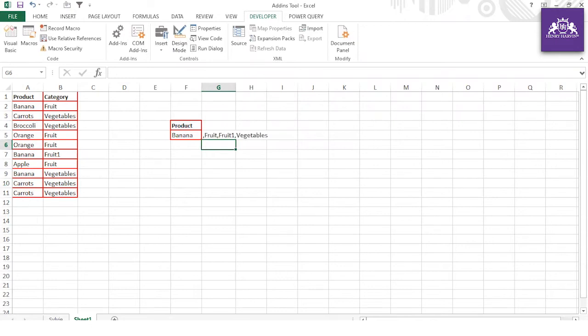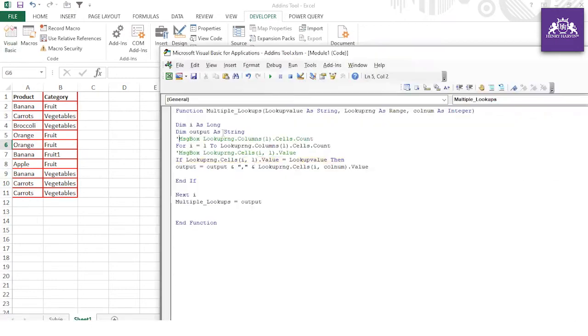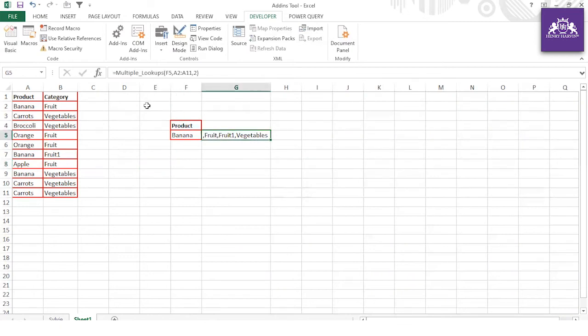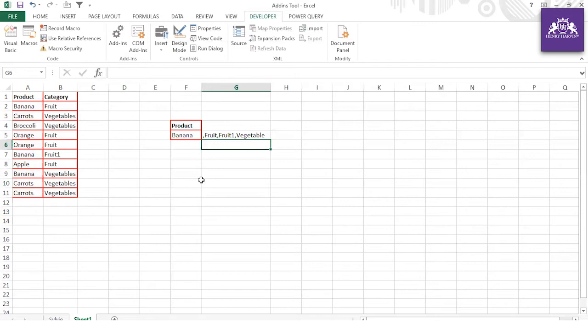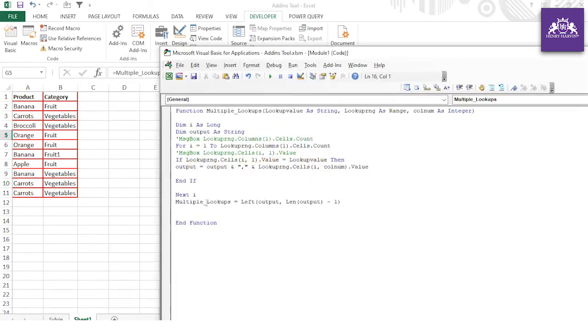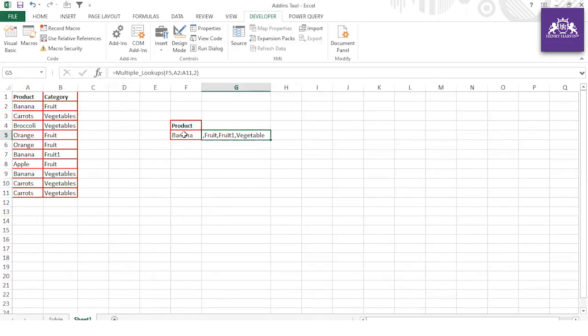All right, now if you remove or make it a comment, and now if you just see, all the values are reflecting guys. All right, so this is the function which we have written, but now the value is coming, but comma is coming in the beginning. How we can remove the comma? You can just mention left, and now copy this, and comma length of output -1. So guys, now you see, if you just do that, again we are getting an error. So why this is coming?